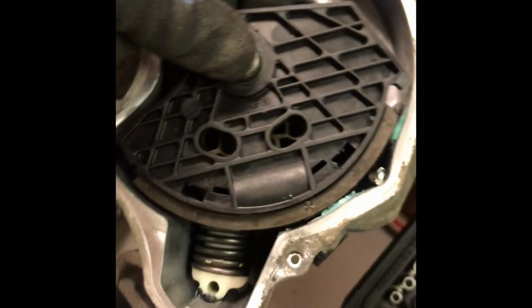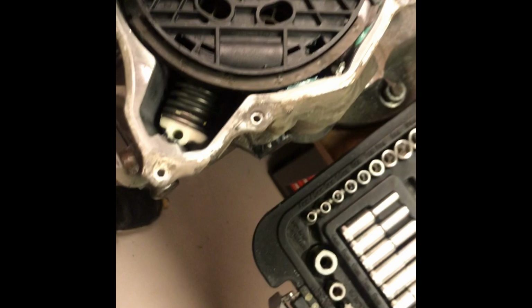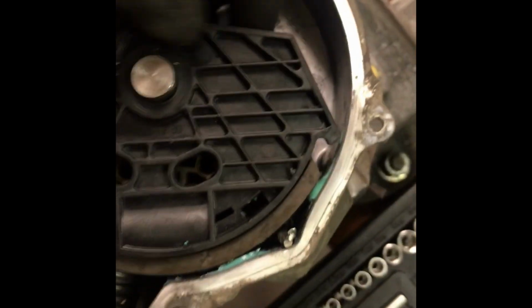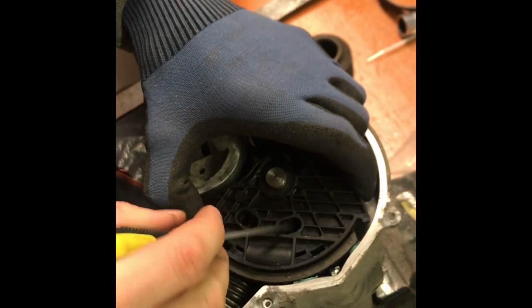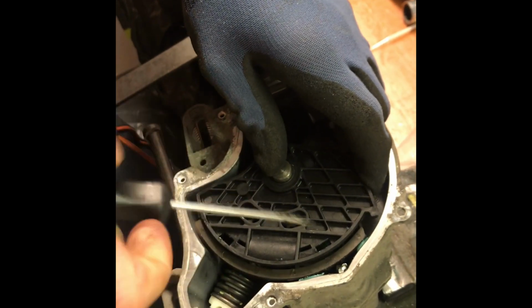So, can you hold this? If you take this plastic cover off, it's nice and easy, comes off. Two click harnesses here,